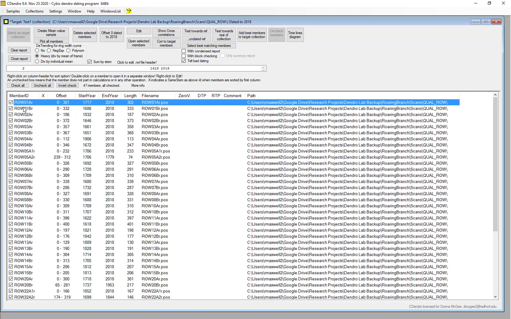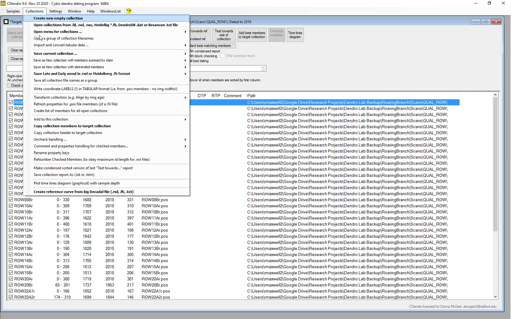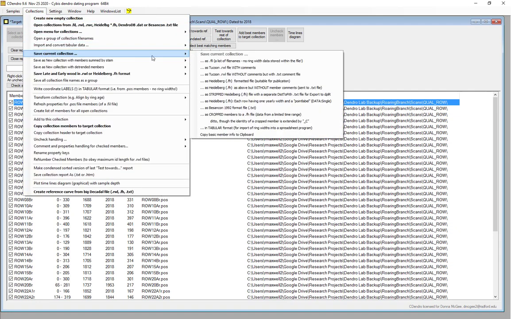This is your collection. Now, one of the things I often start out doing is I'm just going to start out and save this. And so we're going to go up to the collections menu, down to save current collection. And there's multiple different ways to save this, but in the CDendro program, we are going to save a .fil or fil file. This is a list of the file names, and so it doesn't keep the data within it.